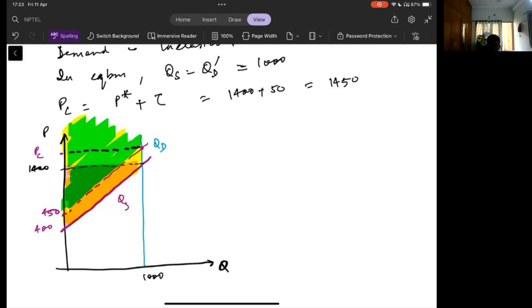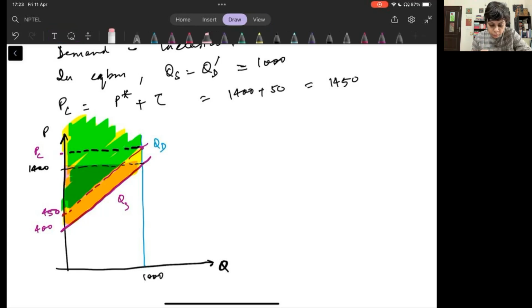Madam, over here I'm having some problem with the consumer surplus and producer surplus thing. Producer surplus is the area between the supply curve and the price line, the equilibrium price, and consumer surplus is the area between the demand curve and again the price line. Now in this, actually, I think I've drawn it wrong. Sorry, you're right. Let me redo this.